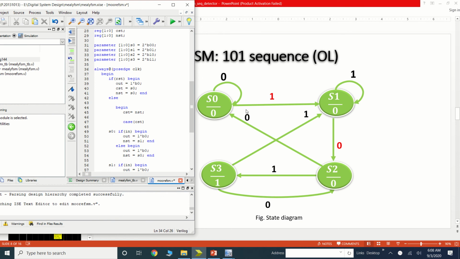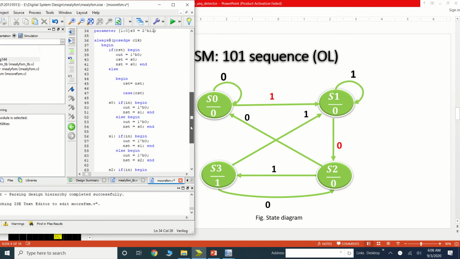Now the basic difference in the Moore is that the output depends only on the state. So what we can do in each state: when we are at the S0, I am just commenting this output. In the S0, the output would be 0, irrespective of whether my input is 0 or 1.